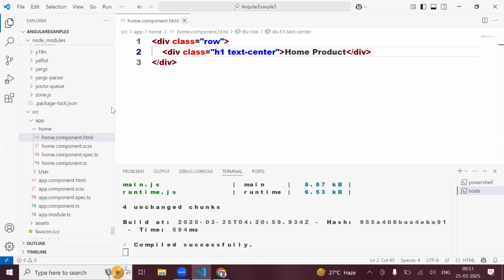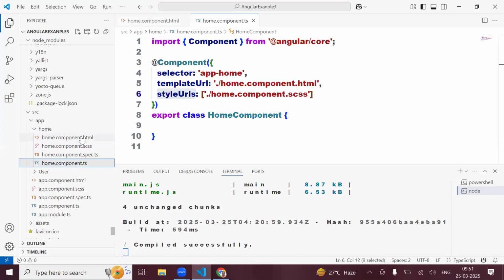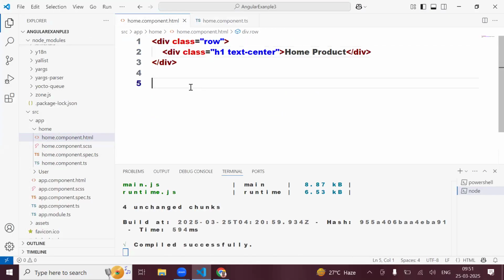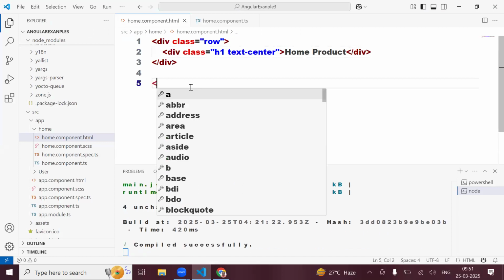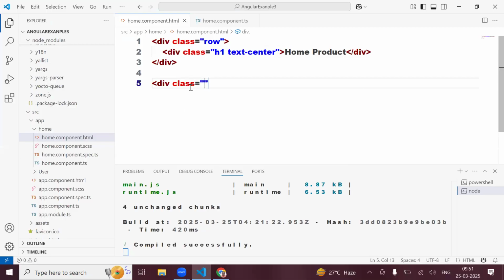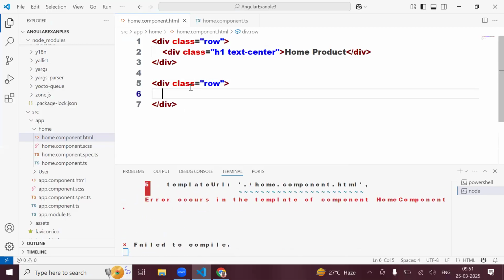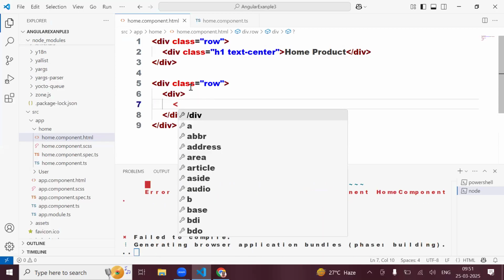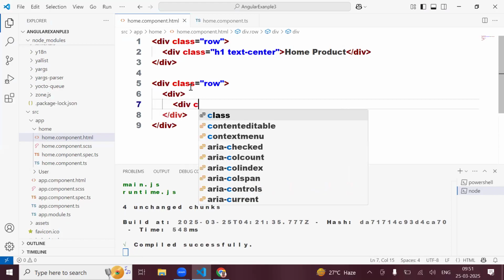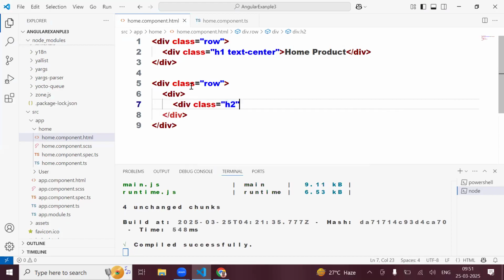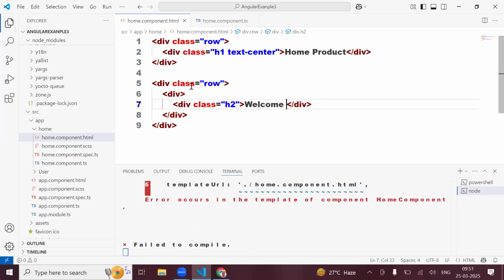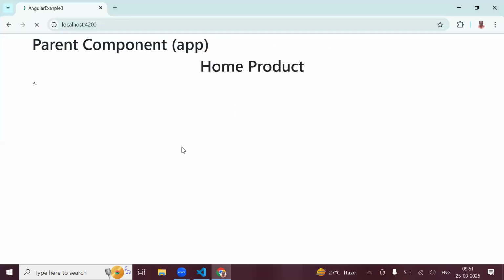So what I will do, let me first design. I say div class row, and I'm saying here div class h2, Welcome to Angular. Clear my point? You got a welcome to Angular? Yes or no? Now what I want to do is,